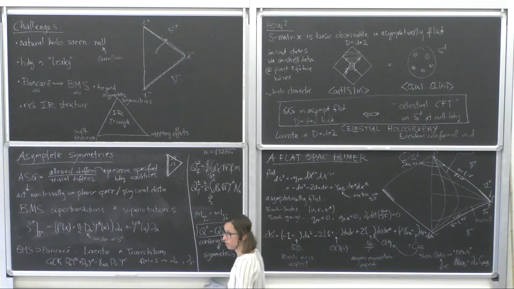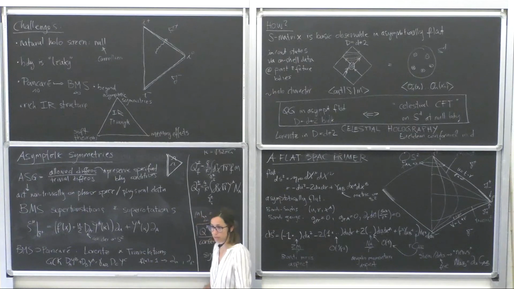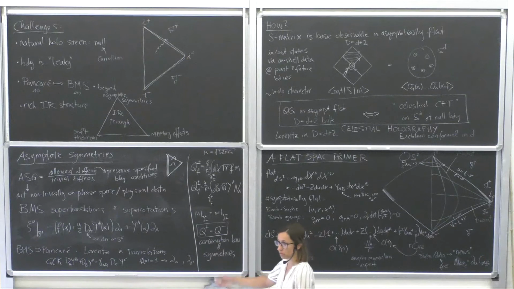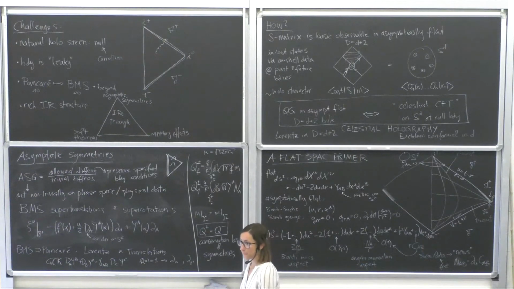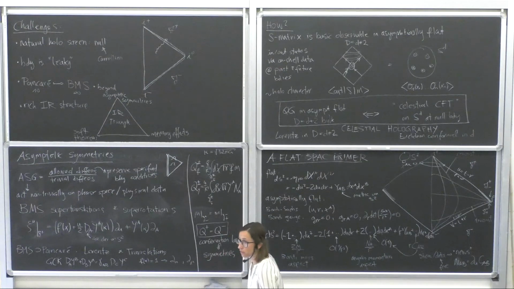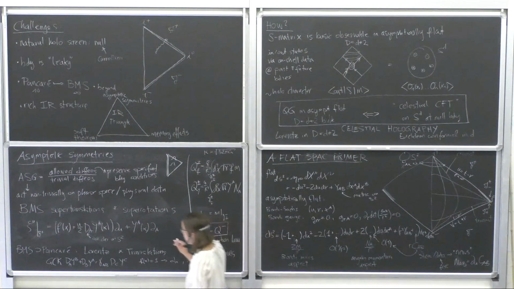Yeah, I would allow Aichelburg-Sexl shock waves and other types of distributional sources. The gyraton, for example, is another distributional one. Well, then that would justify including the Ys, I would think. I think that would justify why you should also include gauge transformations that have the same singular behavior. Oh, so I hear, okay, so yeah, good.